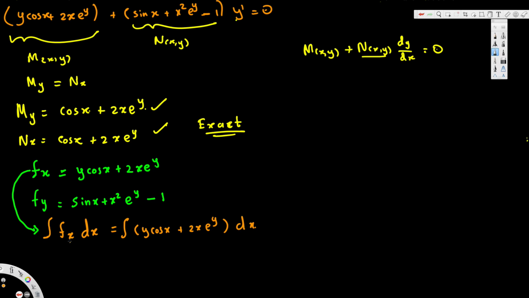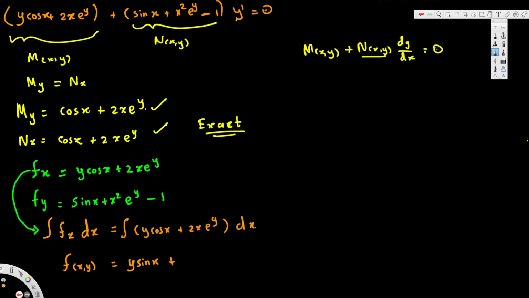Okay, and if I take the integration of this one with respect to x, the integration and partial derivative cancel each other, and finally we will end up with a function of x, y. And here if we take the integration of this one with respect to x, we treat y as a constant. So this is going to be the integration of cos x, that's going to be sin x. So we will get y sin x,